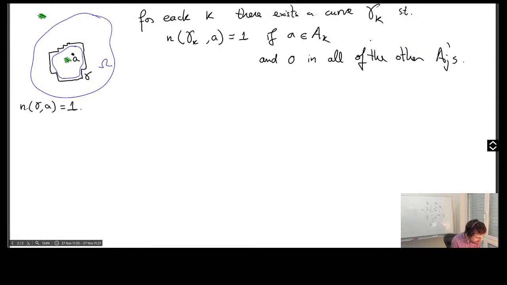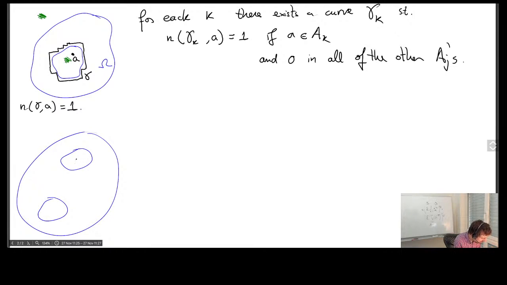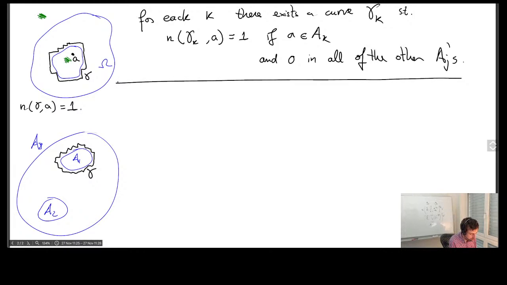It's the exact same picture. So think of this, and now maybe I have two holes, or rather three: this is my hole A1, this is my hole A2, and this is my hole A3. We just have to carry out the exact same argument in which we build this curve around here. Sorry that my drawing abilities are not great, but we build this curve around here. Clearly, the winding number around any point in A1 is 1, and everywhere else is 0, because it's constant within each region. We didn't do the full argument here, but the full argument is in the proof of Cauchy's theorem.